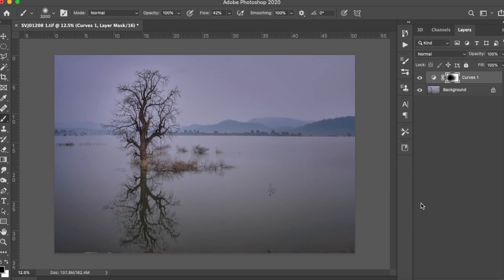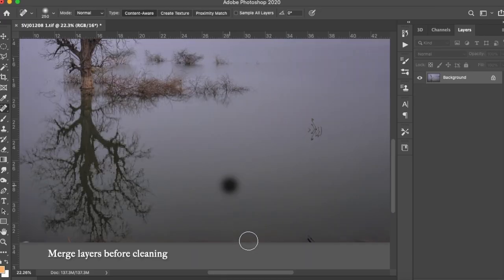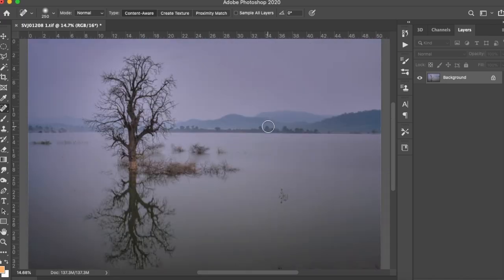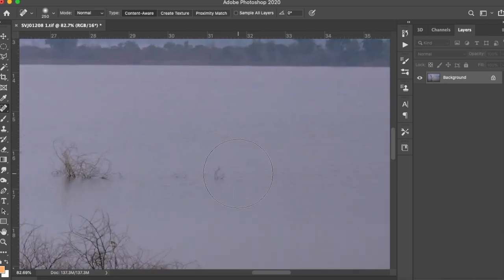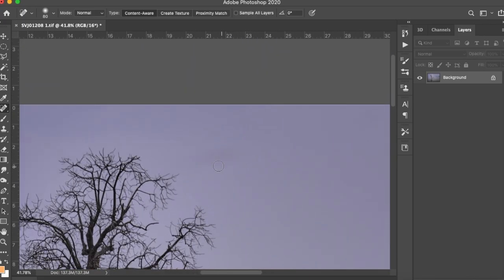And now we'll just do a little bit of cleaning. So as you can notice here, there are some spots here, some spots there. So we'll pick up the healing tool, click on this spot. These tiny little trees we can remove, big ones we can keep, they're looking nice. And here there is some sensor dust, so let's paint over it,